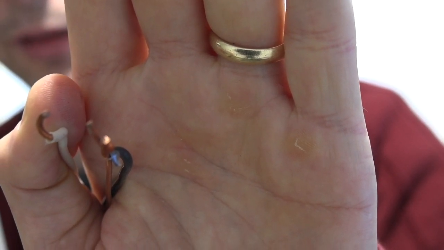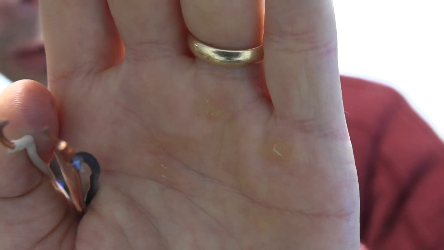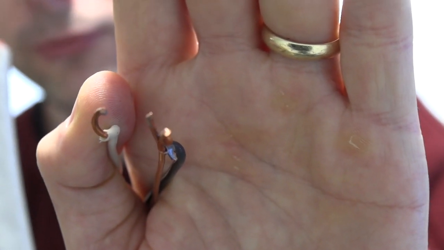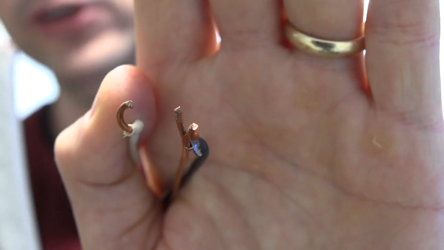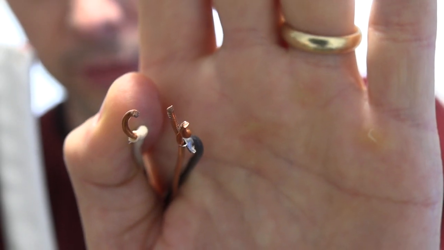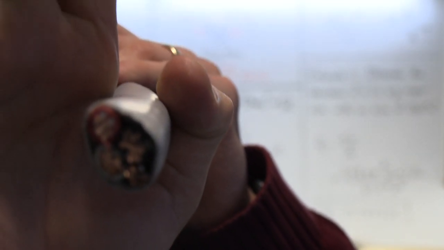So that 2 × 10⁻⁶ meters squared, I measured this radius and I calculated it would be about the area of this wire, the cross-sectional area that might feed your bedroom for your lights and your alarm clock and your computer. This is the thickness wire typically used in a house. This is another household wire just to show you. This is what's called a service wire. And so you could see, well, let's see if I go like this. The approximate area